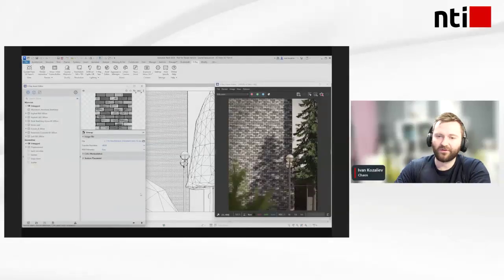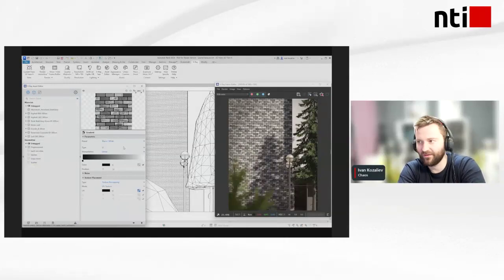I will stop that. It's recorded for reasons to not have a lagging on the viewport. But as I mentioned at the beginning, we saw that we have a lot of different people in that webinar right now. We have people who are very advanced in V-Ray, but we also have people who are just starting their journey in the rendering world. So for those of you who are starting your journey, I just want to make it clear that this technique right here is slightly more advanced. We already have a lot of brick materials, as I mentioned. But for those of you who want to have even more control over their visualization process, they can have it.